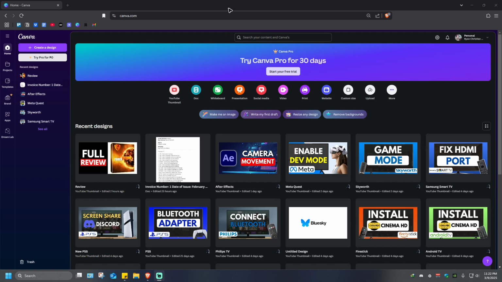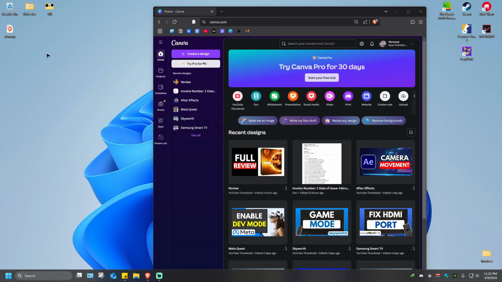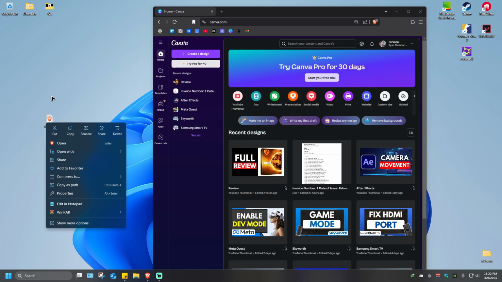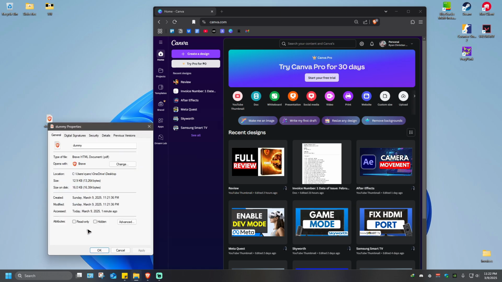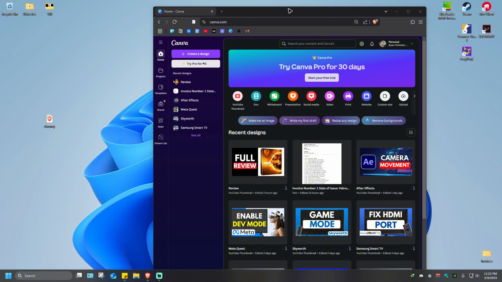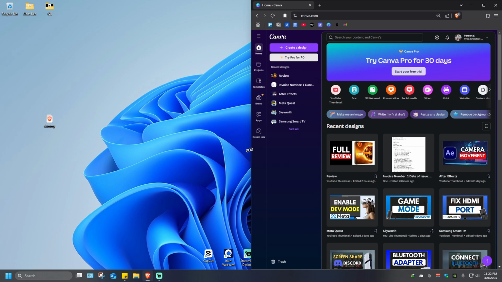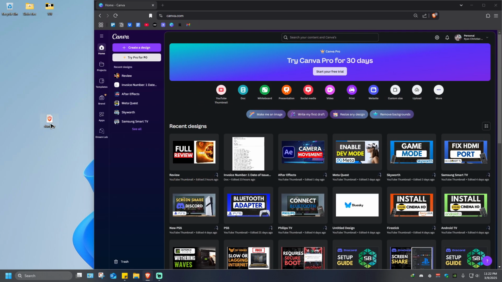Just go ahead over to your PDF file. For example, here I have a PDF file right here on my desktop. I'm going to click show more options and hit properties. As you can see here, it is a PDF file. So what we're going to do to the PDF file, for us to be able to edit it on Canva, just